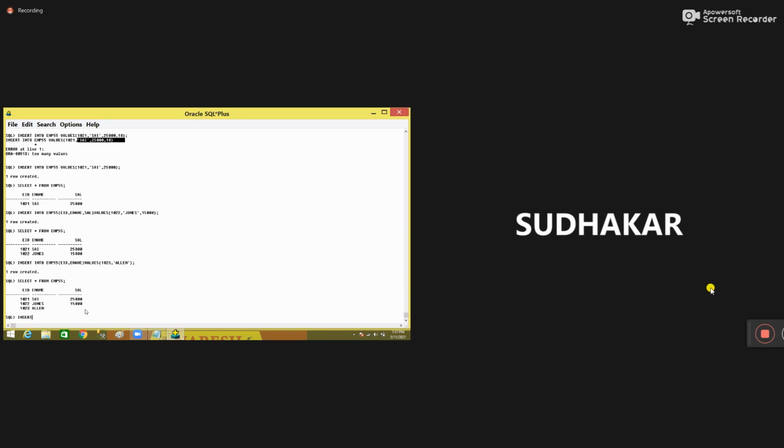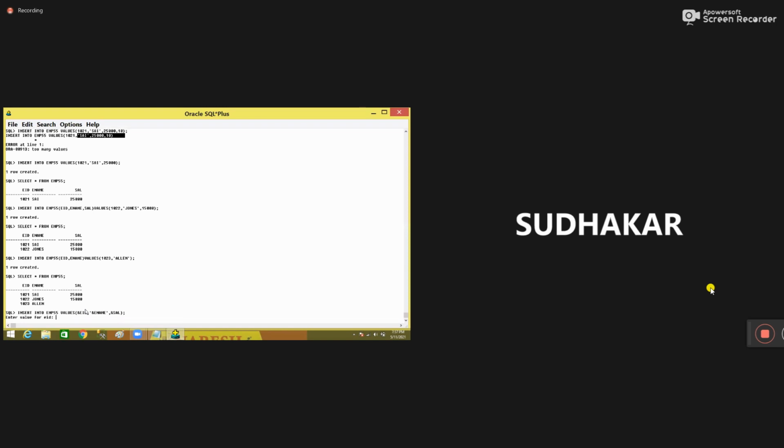And now I'm going to insert into EMP55 sending values. So I'm giving ampersand of EID, it is a number or integer type. Ampersand of ename, it is a character string type, and ampersand of salary, it's a number type. Okay, now I'm inserting. See, whenever I executed this query,